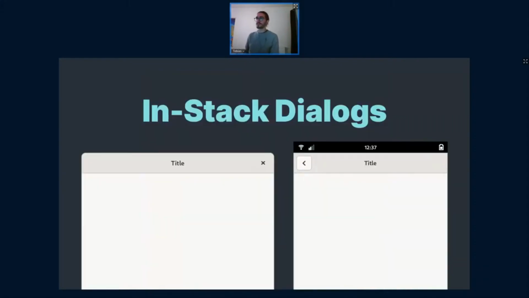Another one in a similar vein is the whole in-stack dialog situation, where on desktop you want a dialog to be a separate window that's just overlaid, right? But on mobile that doesn't always make sense, because if your window needs to take up the whole screen anyway, structurally it would make more sense if it was just a panel that you can swipe away, right? So it's basically an in-stack view instead of a separate window. And technically that's kind of difficult, because you need to dynamically get rid of a secondary window, and merge it into the